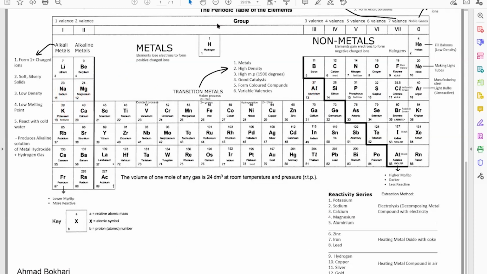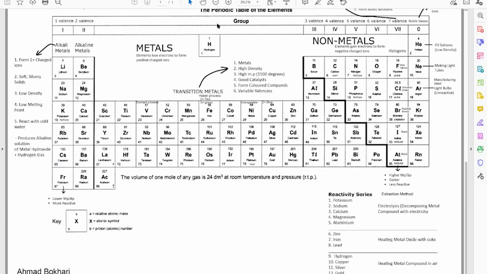Now, transition metals, on the other hand, are different from alkali metals. We have talked about alkali metals. We have talked about what they are good for. They're soft, they're explosive, they react with water even at low temperatures, which means they're very reactive. And the reason they're very reactive is because of their sizes and the ability to lose just 1 electron. So we've talked about it. Now we're going to move on to